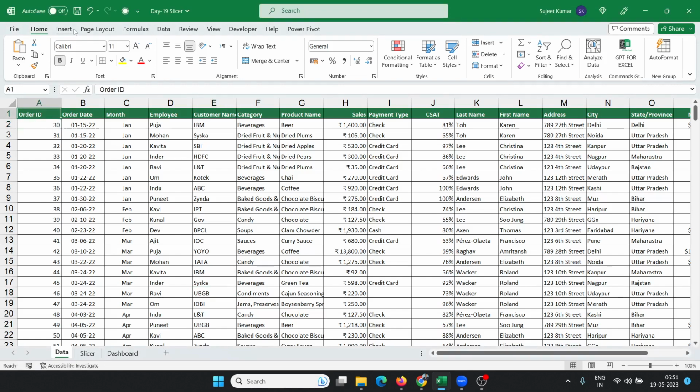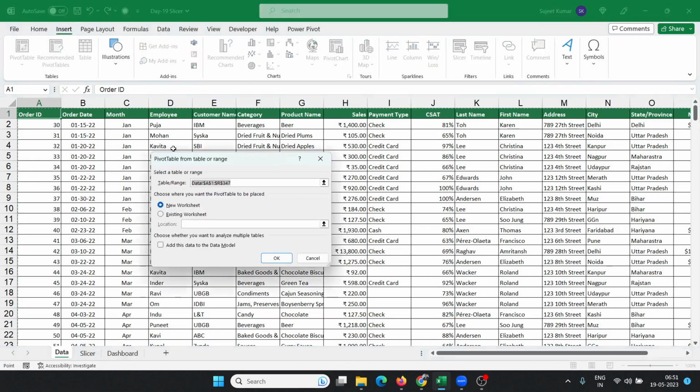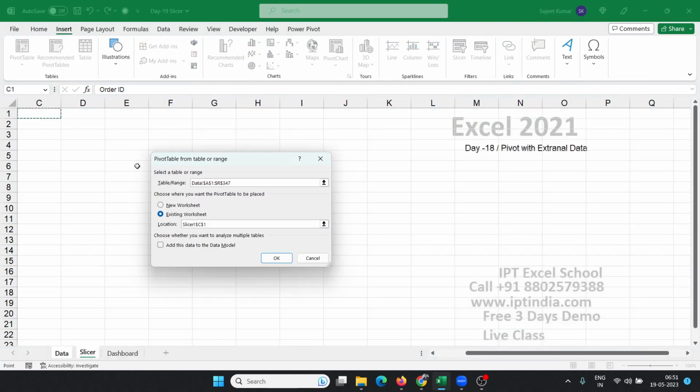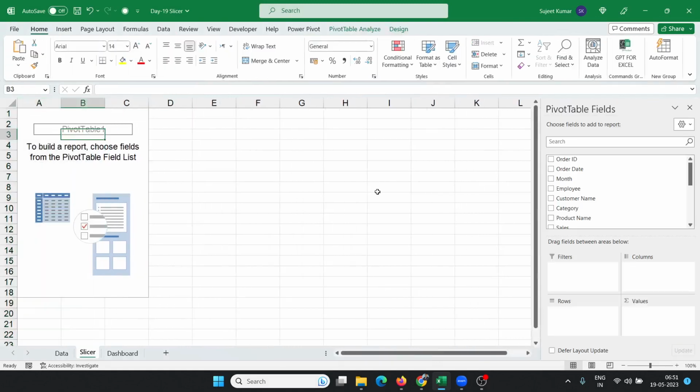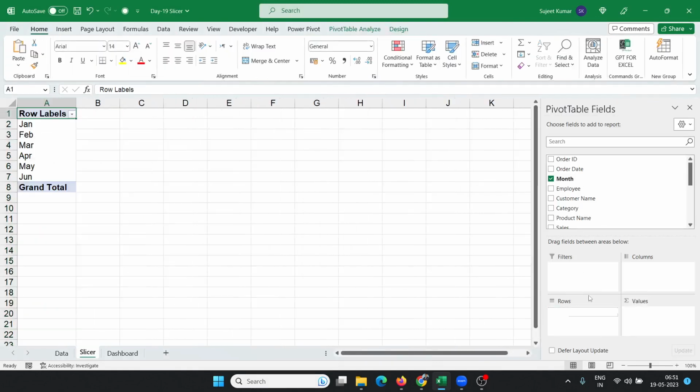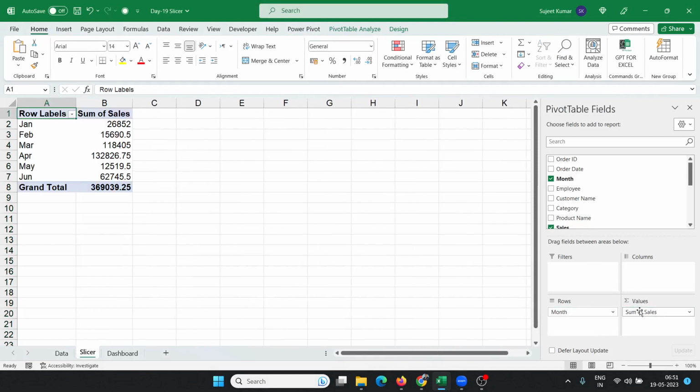How can we do it? We select the data, go to the pivot table, choose existing worksheet, click the slicers, click here and OK. So we have created the pivot and now we have put in the value, just like month wise sales. So why do we need multiple pivots from the same data? Because I want to check my summary with different KPIs, just like month wise,